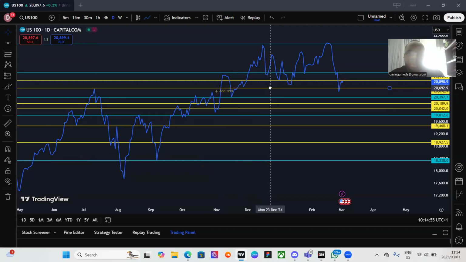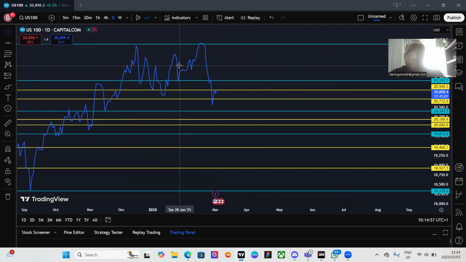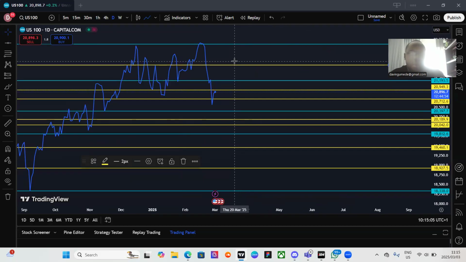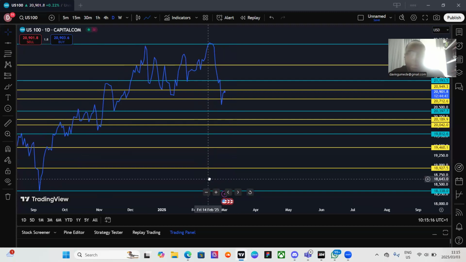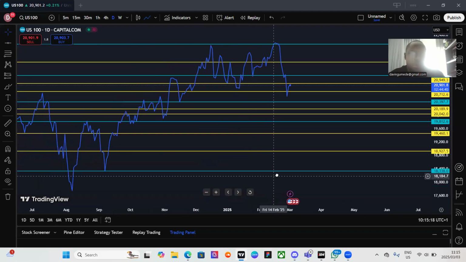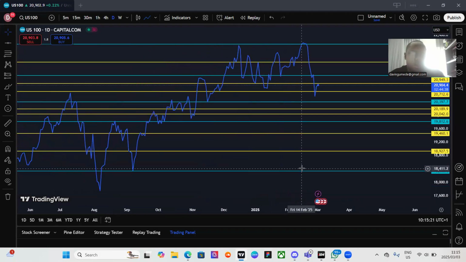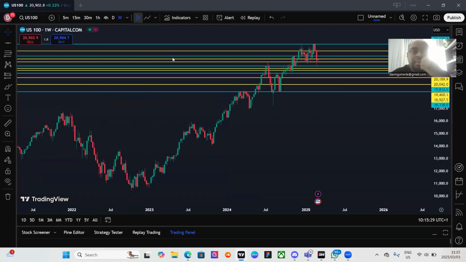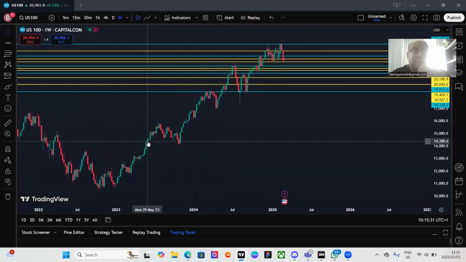So going to mark that out, and this should be another zone. Okay, I think that's it. All right, so we're just gonna zoom out on the weekly, going straight through the candlestick, and then